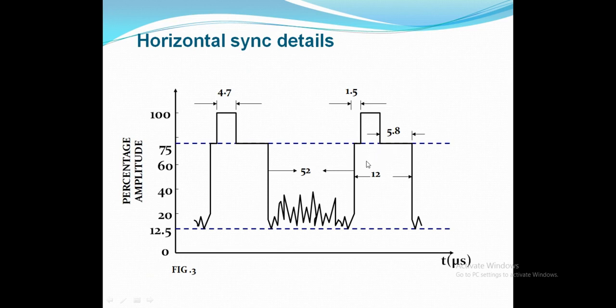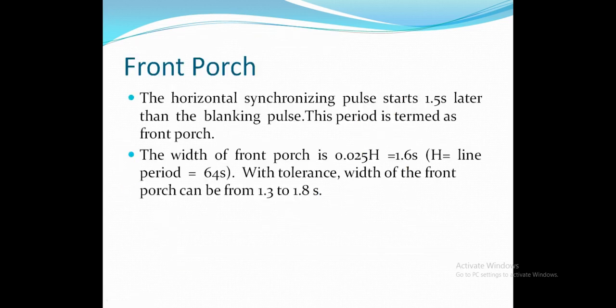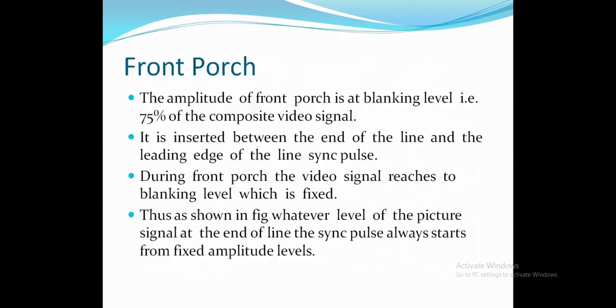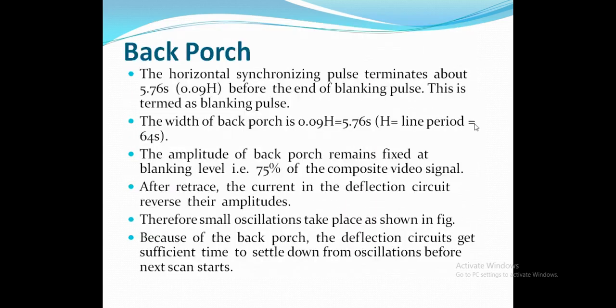Before the end of the blanking pulse. So this is called a blanking pulse. So here the width of the back porch is 0.09 H, that is 5.76 microseconds. Here H is a line period, which equals 64 microseconds. So here the amplitude of the back porch remains fixed at the blanking level, that is 75% of the composite